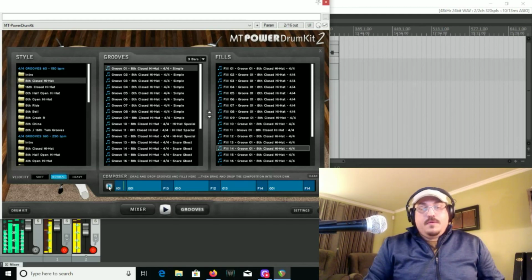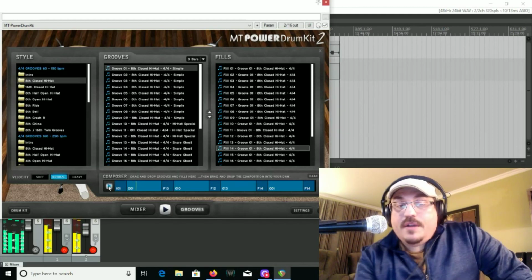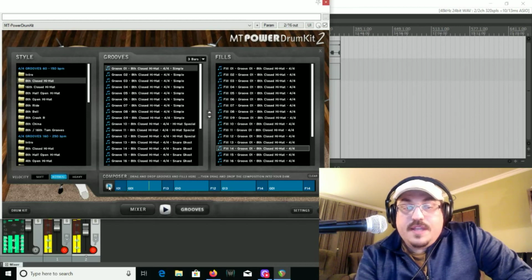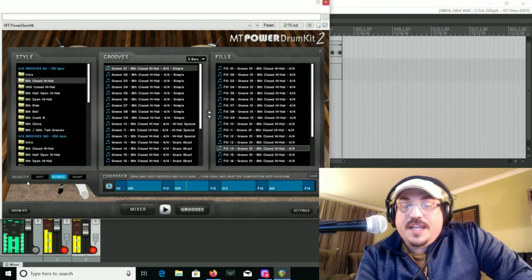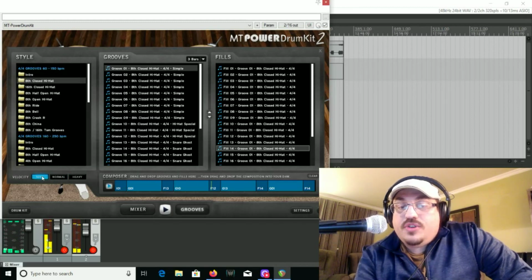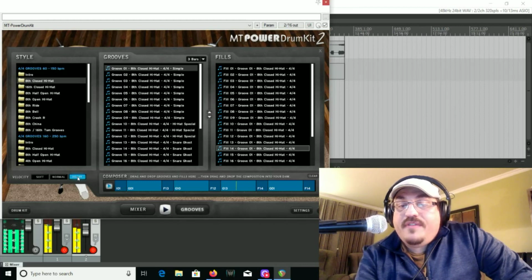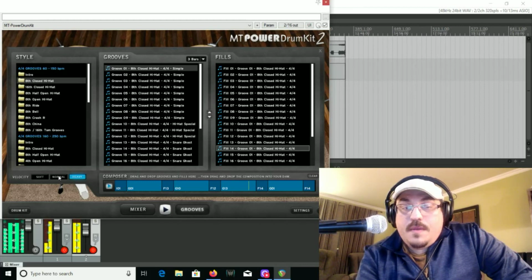Now I wanted to point out another thing here. If you notice on the left here, you have velocity. That's how the drum is being hit. Now we're on normal. If we go to soft, you'll notice that the drum got a little bit softer. And if we go to heavy, you get a heavier beat. So it's pretty easy to piece it together,